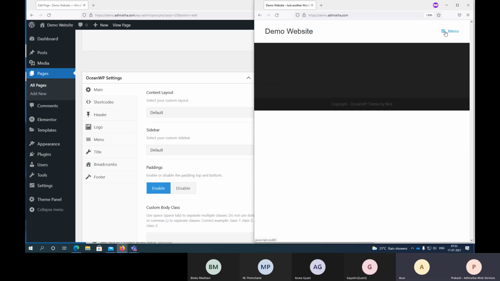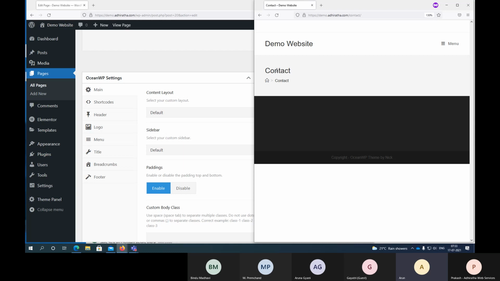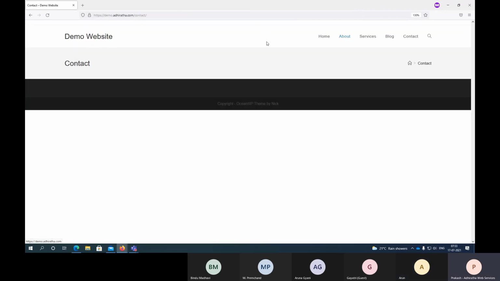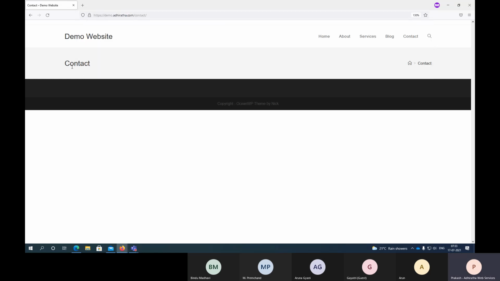See, now if I go to the contact page, normally on your website people will be able to see the contact page there, right? But again, it is showing Contact, which looks a little odd. And see here, there's one single small line running, right? So that is what we are changing here.